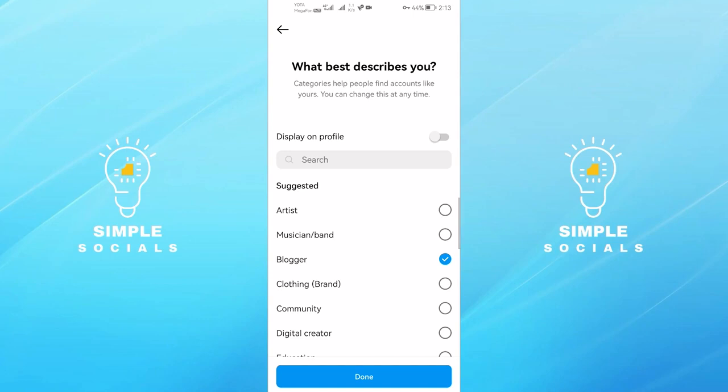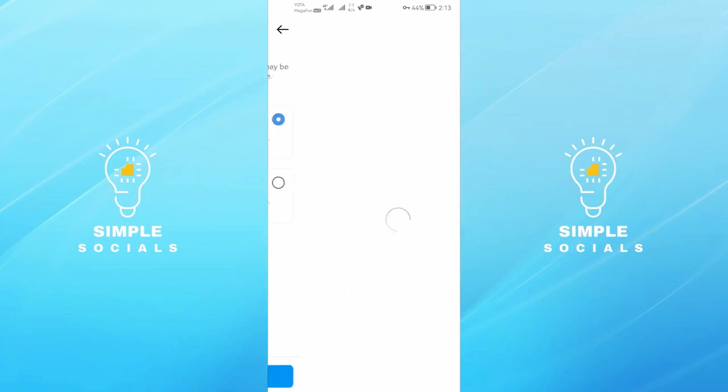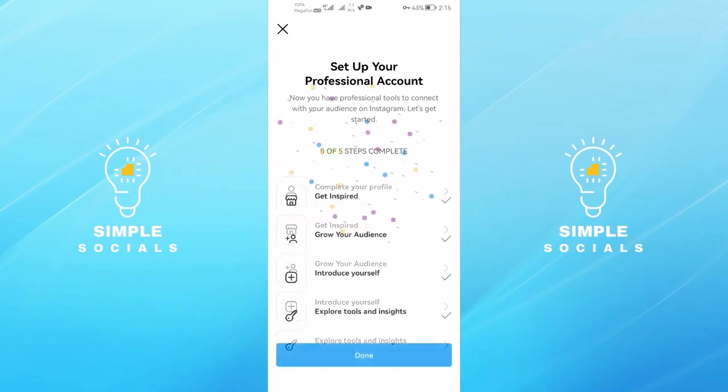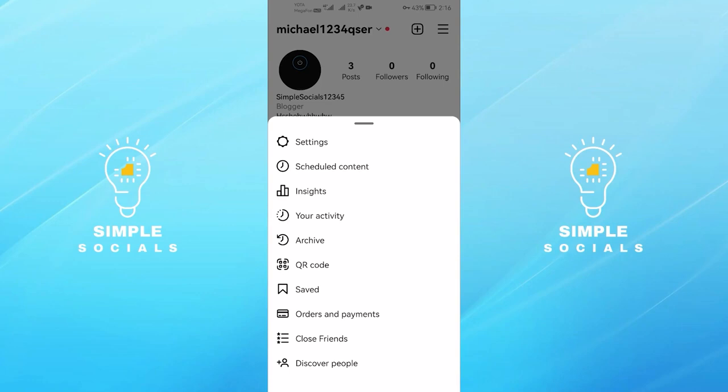Also, you can display it on your account. Choose the type of your business. Here you can set up your account, just follow 5 steps. If you have a new account, you will need to fill in the information such as your name, contact details,